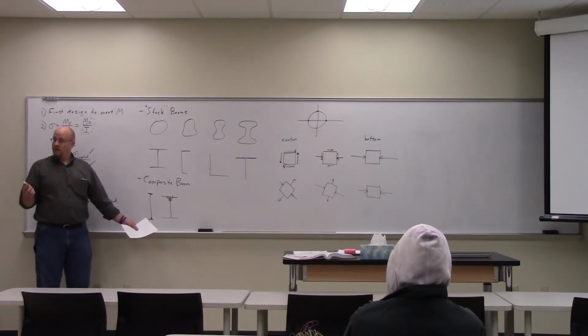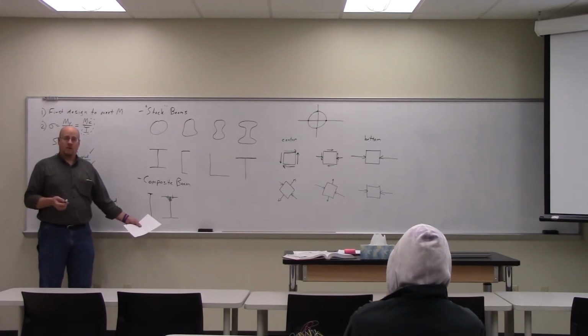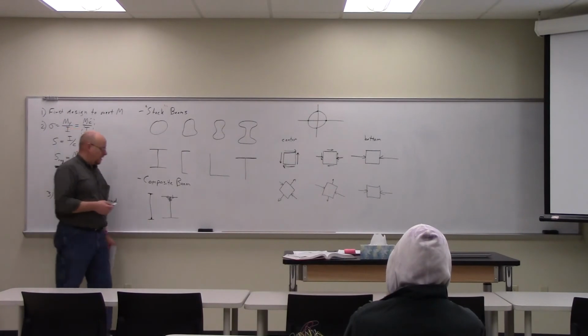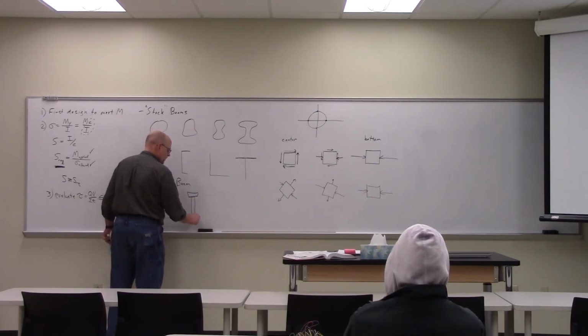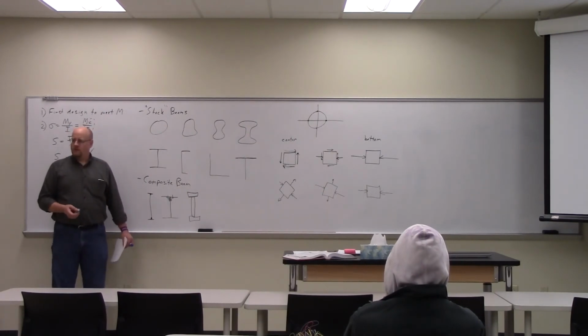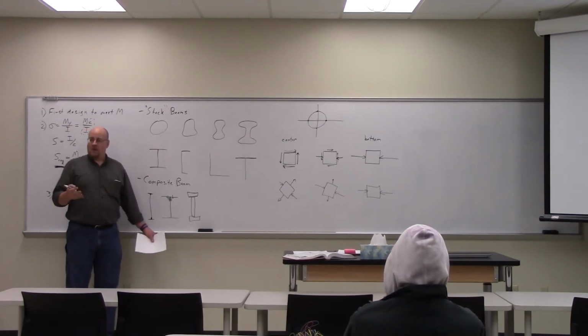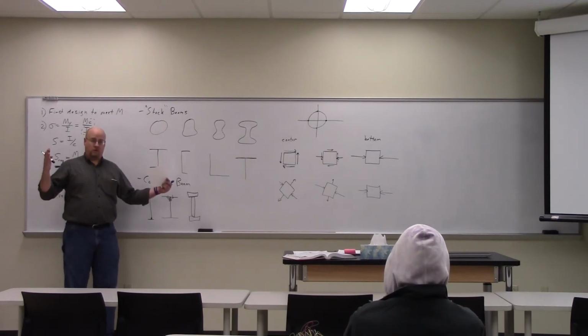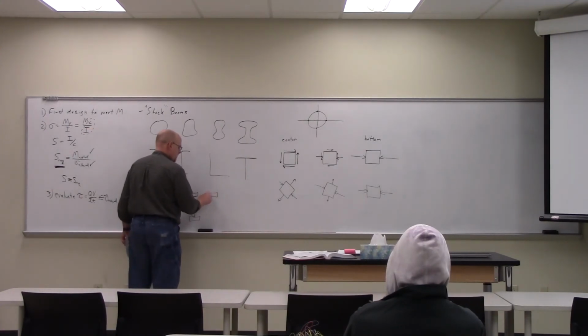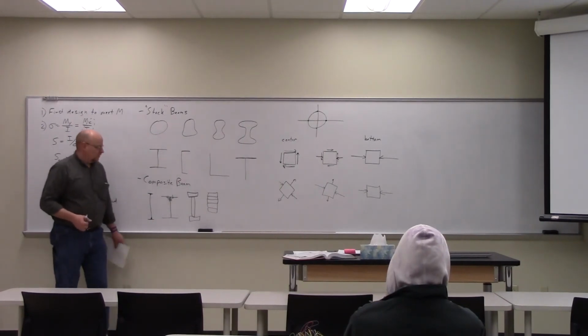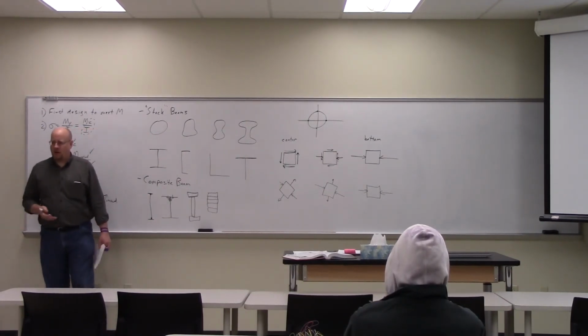If it's wood, how to make a beam out of wood? Nail it together. Take a 2x4, nail it to a 2x12, nail it to a 2x4. Just nail it together. Or you can do laminate beams. You can glue them together. You want a really big, strong beam, just glue a whole bunch of 2x4s together, or 2x6s, or whatever. Or we could take a huge tree and cut it down. Not exactly a green solution. Anyway, so I can laminate beams. So I can glue, I can weld, I can bolt, I can nail, all kinds of different ways for the